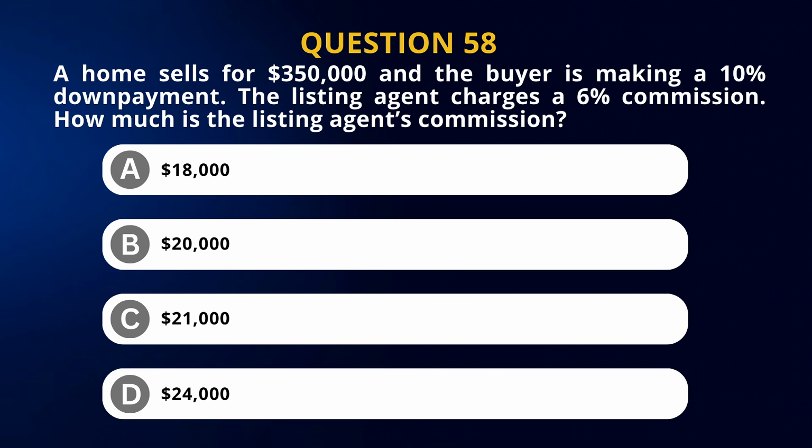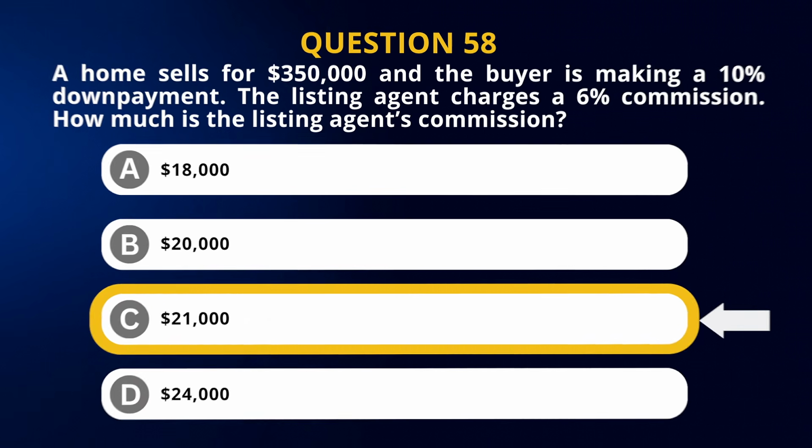Question number 58. A home sells for $350,000 and the buyer is making a 10% down payment. The listing agent charges a 6% commission. How much is the listing agent's commission? Letter A, $18,000. Letter B, $20,000. Letter C, $21,000. Letter D, $24,000. And the answer is letter C, $21,000. So with these types of questions, what you want to remember is that the listing professional is